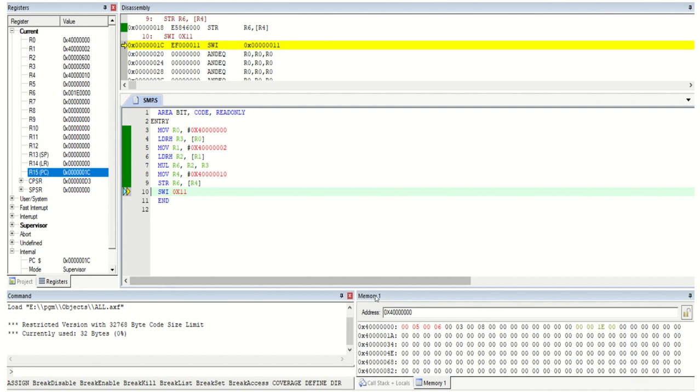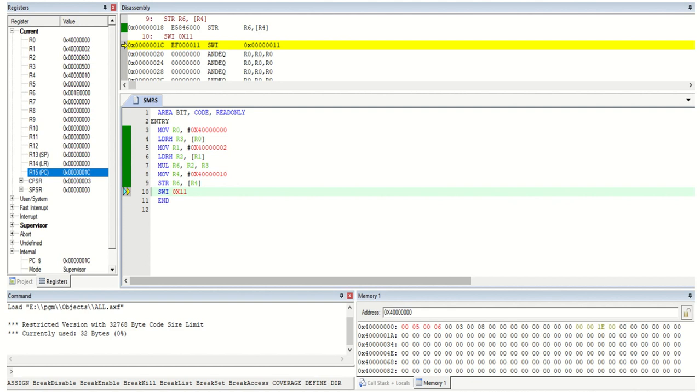Initially I considered one memory address. In that memory address I loaded some data. What type of data do I have to load? That data should be hexadecimal. Hexadecimal data I loaded here, and they given in the aim of the experiment that the number should be 16-bit.